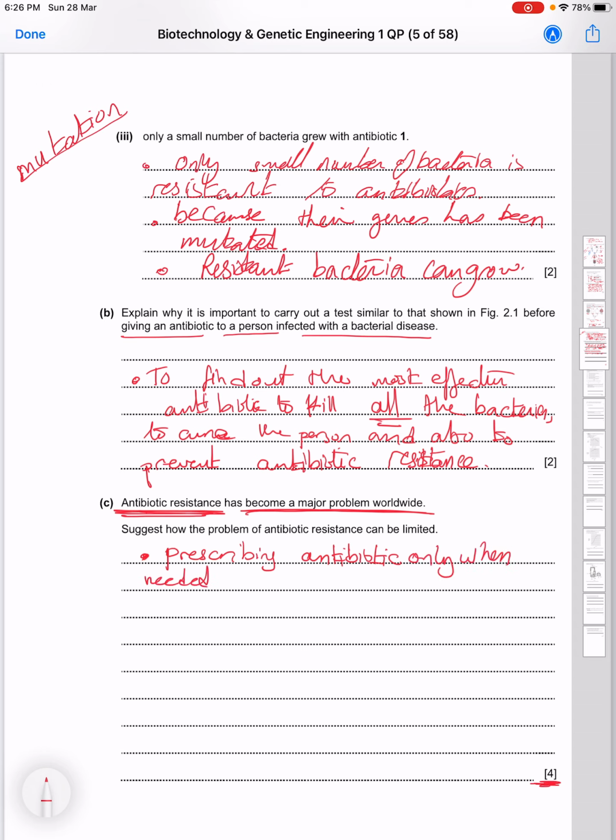What do I mean by only when needed? That means not for viral infections. Also, we need to ask a patient to complete the course of antibiotic. We need to ask this patient to complete the course of antibiotic. Okay, and